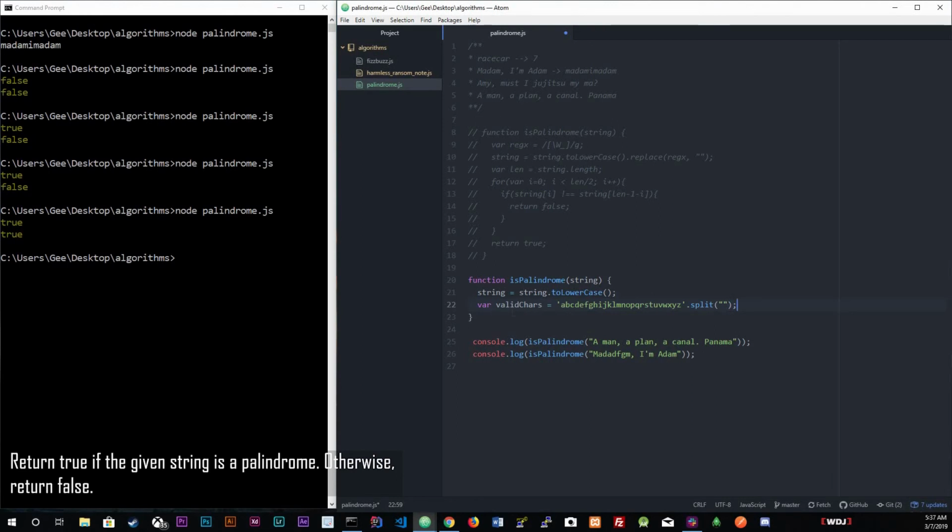So they made a variable called valid characters, or it doesn't matter what you call it, and they put all the alphabet in here, A through Z, literally. And they just split it with nothing, so this is going to give you an array of all the alphabet inside that array. So now they're going to make the string and put that in a separate array. Okay, so var string character array, because that's what we're doing. We're making a character array of the string, and we're gonna do string dot split